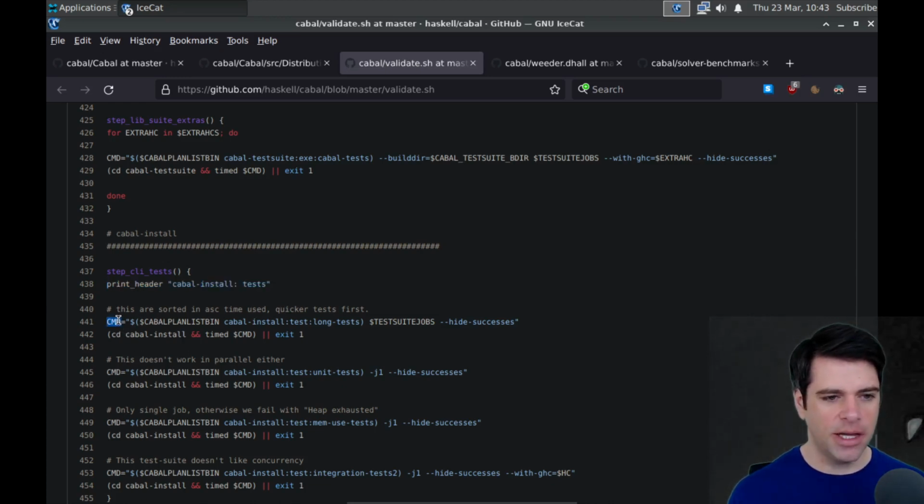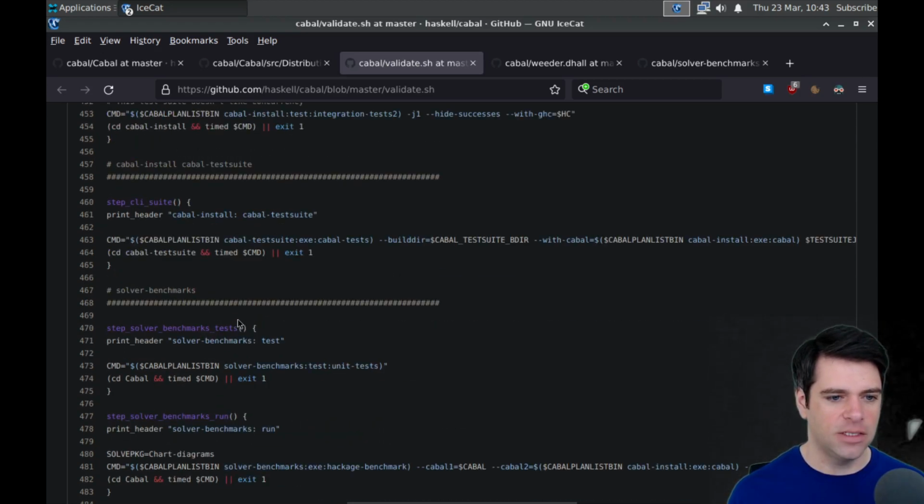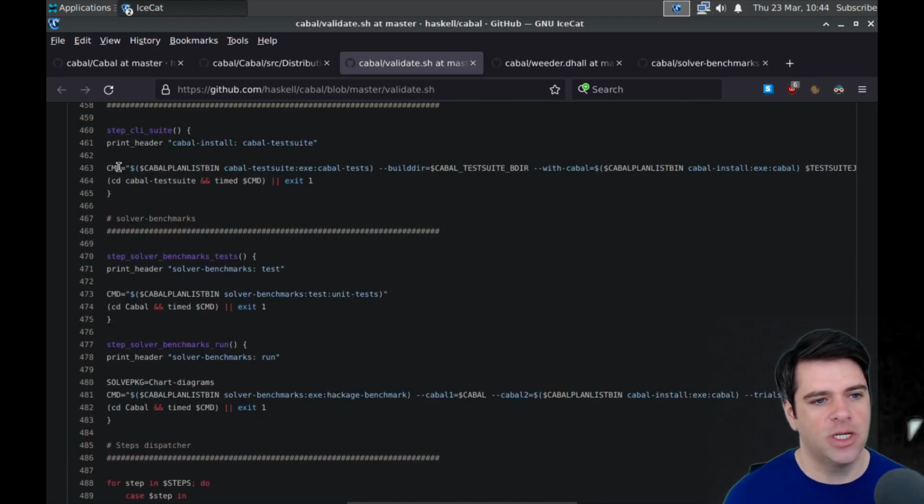So we're going to set command to be Cabal plan list bin of, so we're going to list the long tests and whatever test suite jobs is and hide successes. Then we're going to cd into Cabal install and run the command timed and exit. Okay. All right. Seems like a pretty good bash script or shell script.